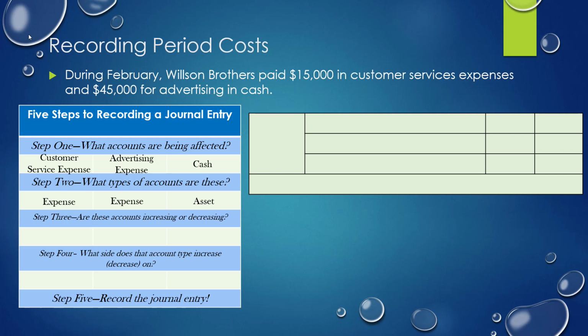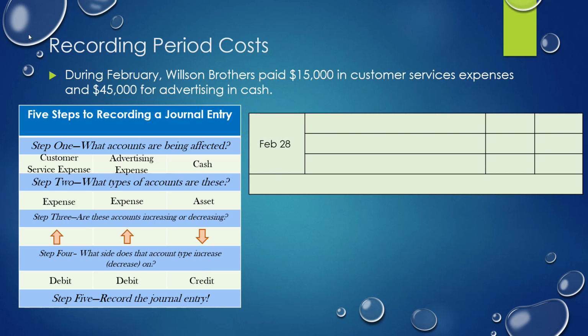So the total amount that we will have paid for customer service is going up. The total amount we have paid for advertising is going up. And since we have to pay this, the amount of cash we have is going down. Expense accounts, per the rules of the double entry system, go up on the debit side, and assets go down